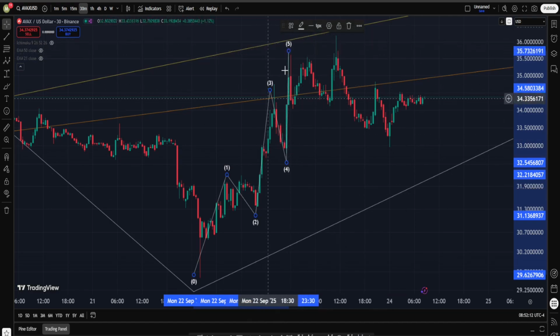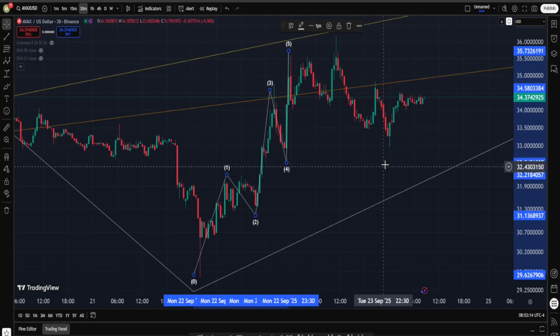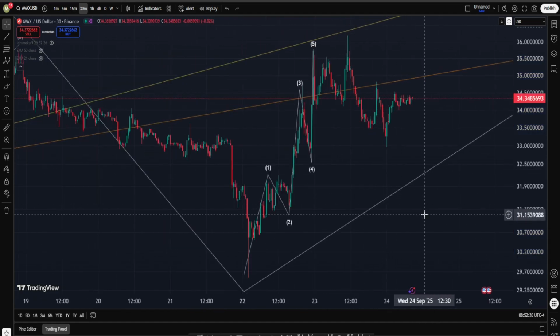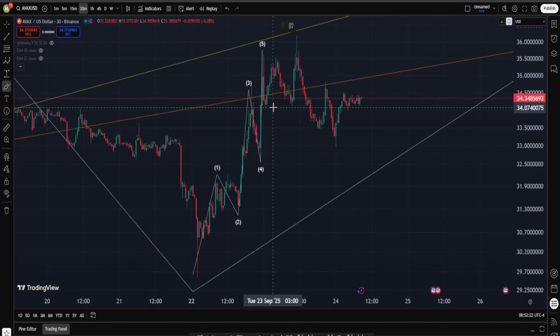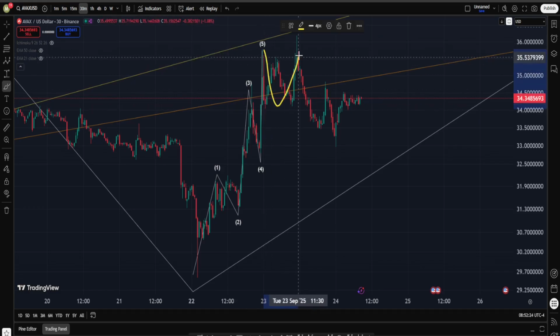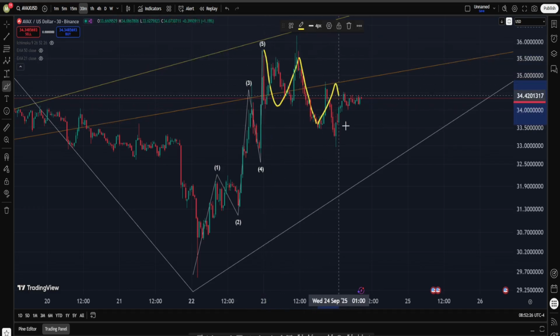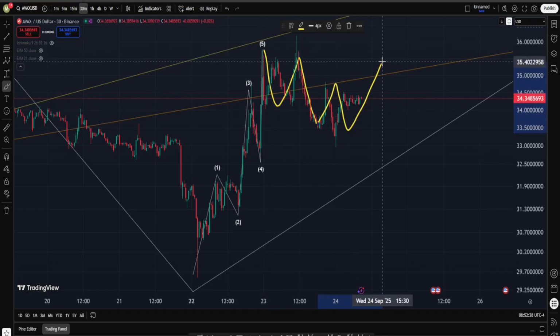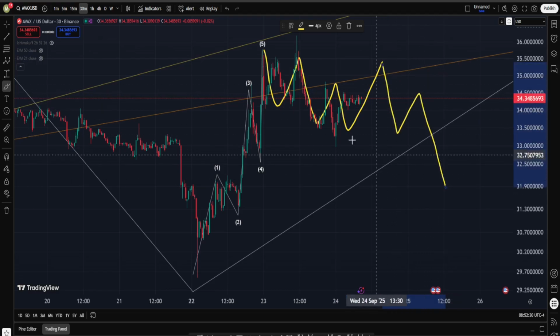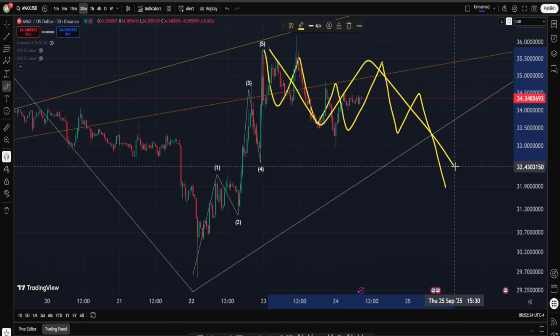And followed by that, this is going to be a correction structure on the downside, maybe like a flat and a zigzag if you want to say the low is in. And if you want to say maybe the low is not in, well, okay, maybe this is an ABC flat, followed by that we are having some sort of a flat structure in here, and then we're going to have another move down in order to complete the subwaves for a WXY in form of a flat and a zigzag.